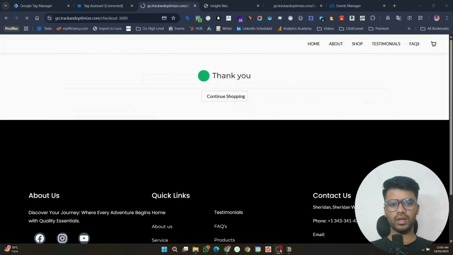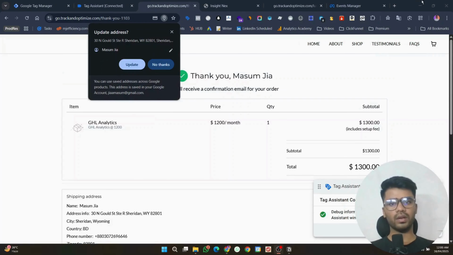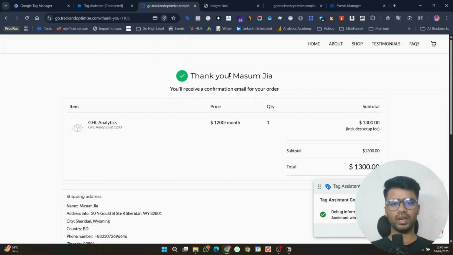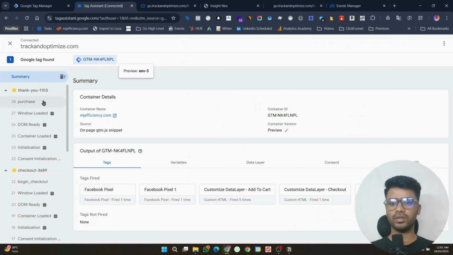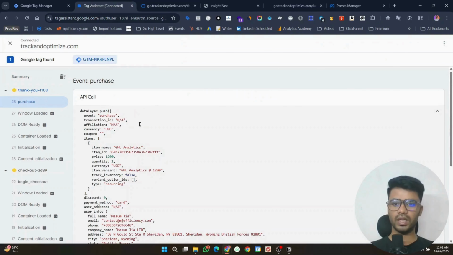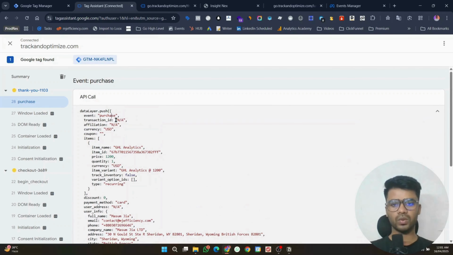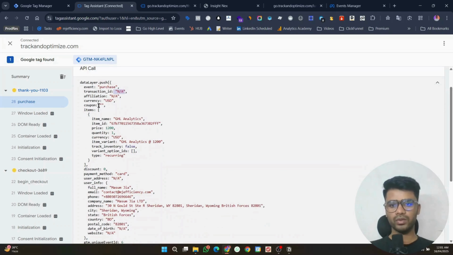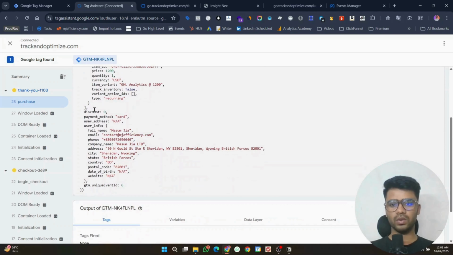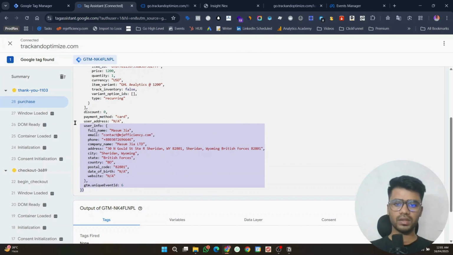Yeah, that's cool. Now you are on the thank you page or message, whatever you are redirecting to, depending on you. But you would see a purchase event with all of the data: event, transaction ID, USD currency, coupon, the transaction data, items, account, payment method, card, user address, user info. All of this I have here. So we can just send it